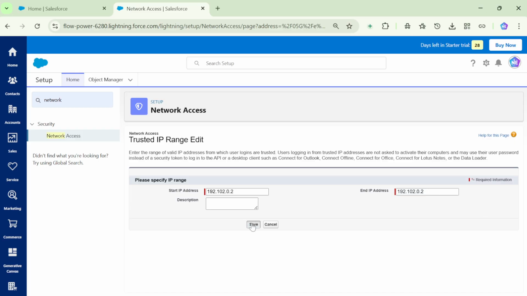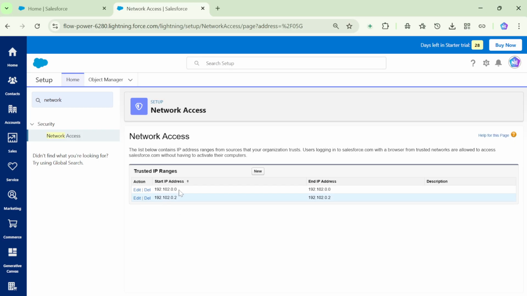Once you've entered the details, click Save. Your IP address range is now whitelisted and can access Salesforce without security blocks. Remember, whitelisting an IP does not affect other security settings, and only trusted IPs will bypass verification. And that's it. You've successfully whitelisted an IP address in